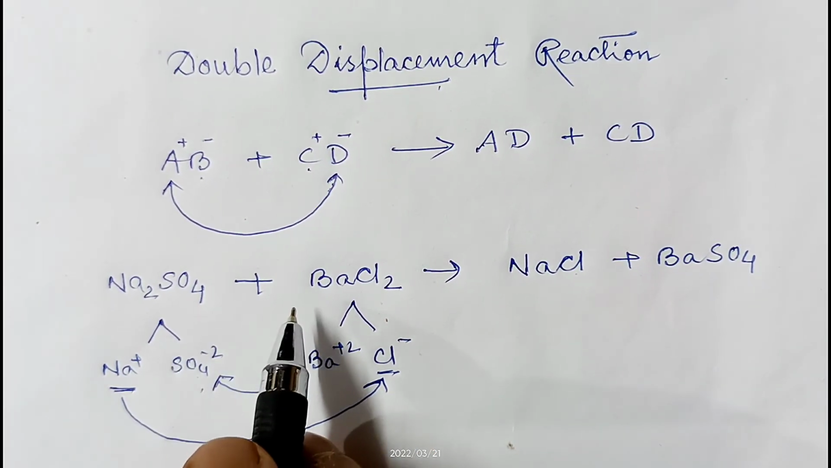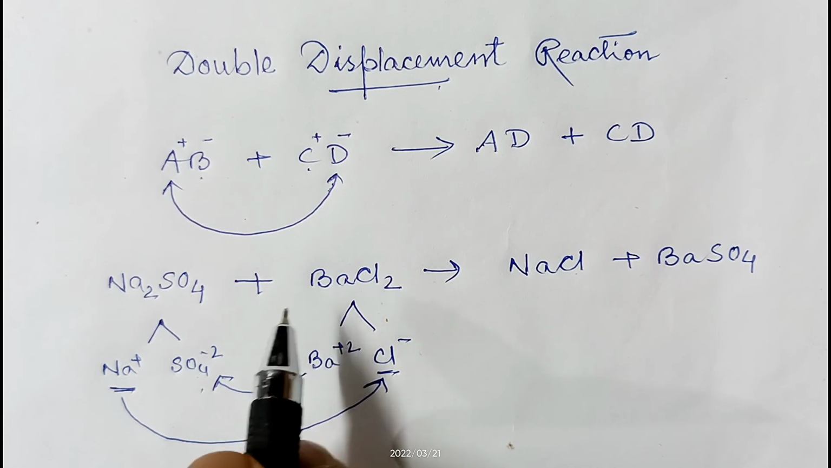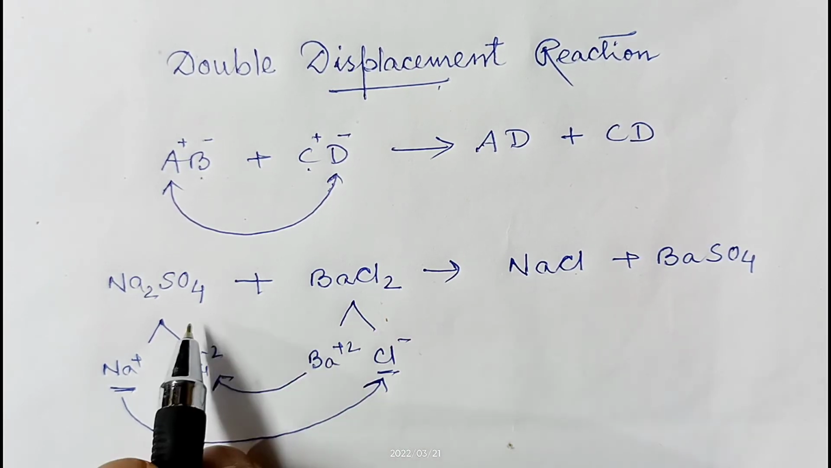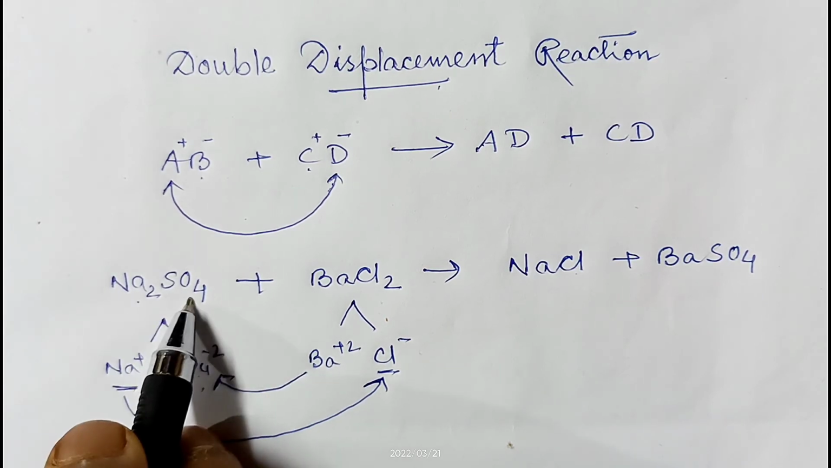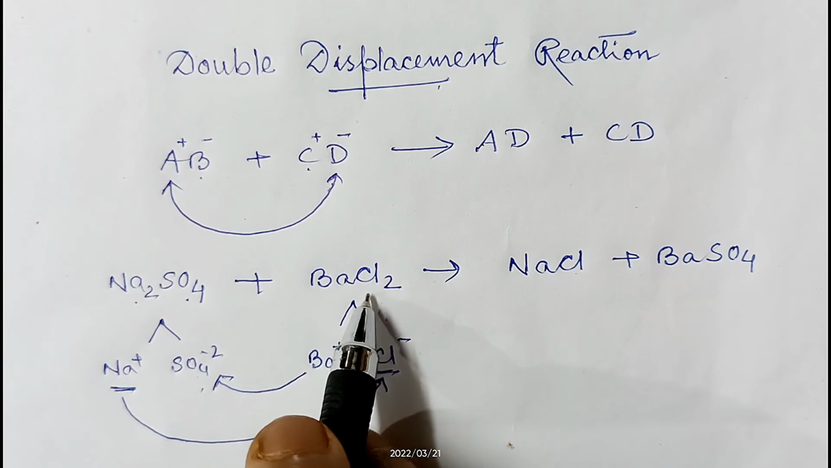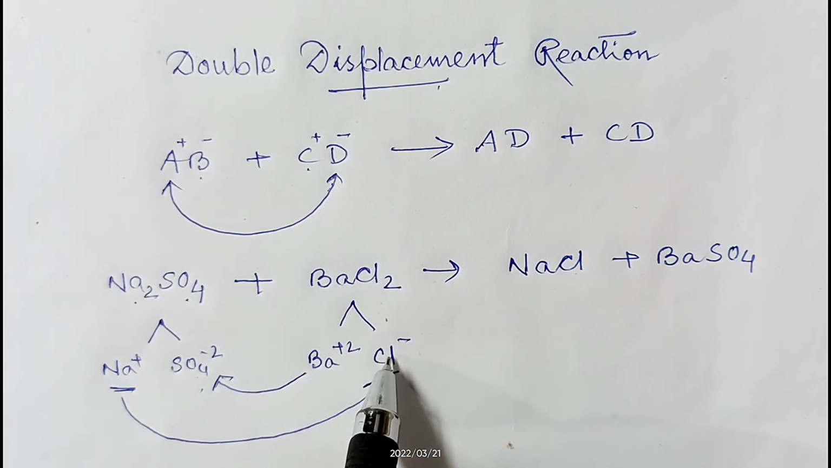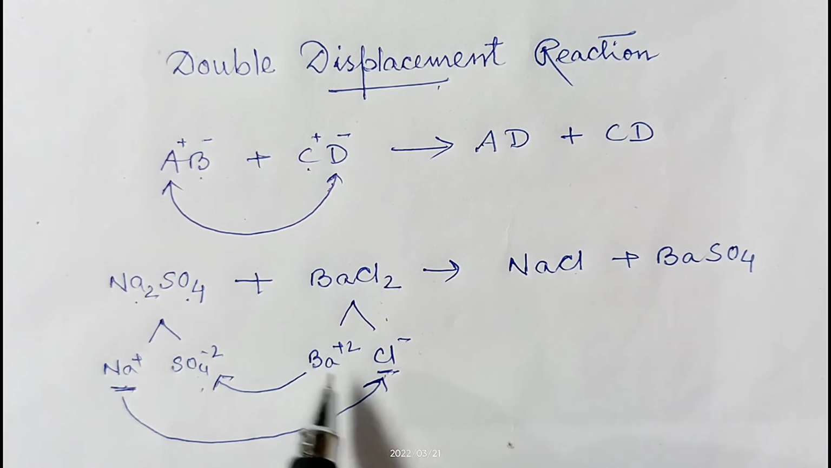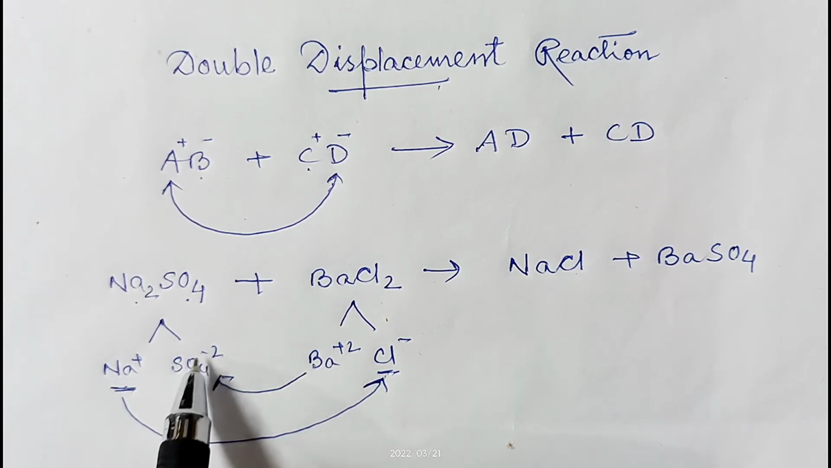This type of reaction is called double displacement reaction. It is also known as partner exchange reaction. I hope this example is clear. Here sodium sulfate can be considered as sodium ion and sulfate ion. Barium chloride can be considered as barium and chloride ion. Here sodium ion and chloride ion will react to form NaCl and barium ion will react with sulfate to form